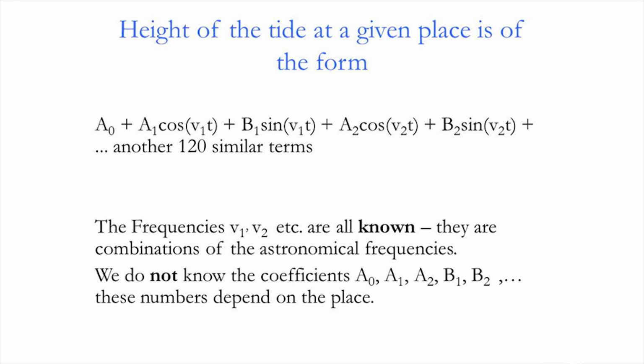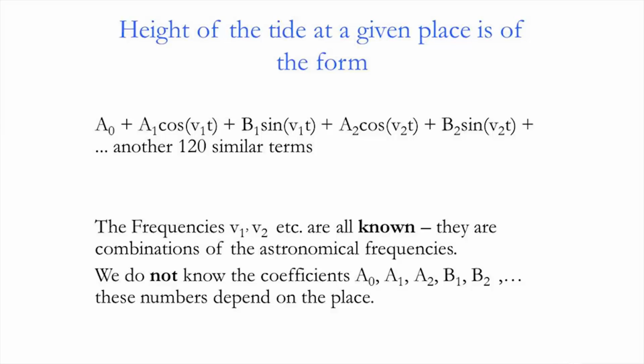And what the analysis, what the geometry shows you, is that the height of the tide at a given place is of the following form. It's a sum of about 120 odd trigonometric terms. We know the frequencies, that's the multipliers of t. We know V1, V2, V3, V4, etc. What we do not know are the coefficients. We don't know the A0, the A1, the B1, the A2, and the B2. And I want to show you how we can find those